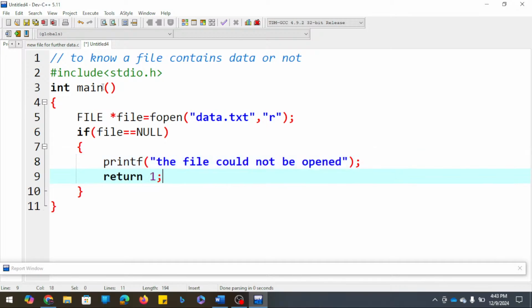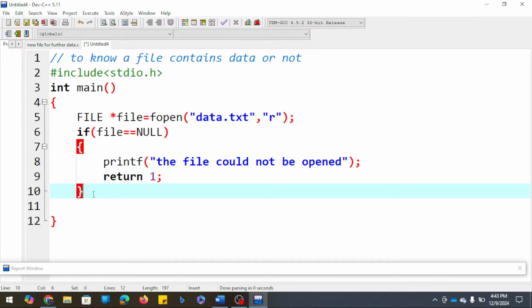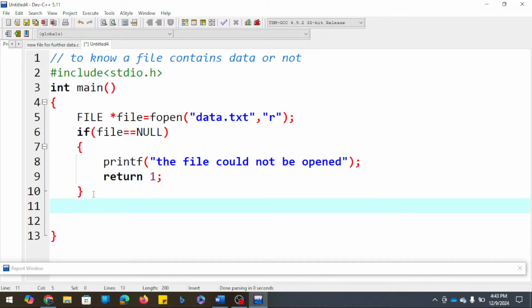Return 1. Fine. So this is the error handling structure most we use. If it could not be created, then now if it could be created and could be opened, then what to do there? So we have to use some random functions, that is